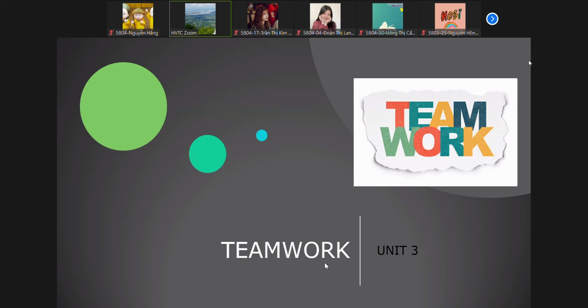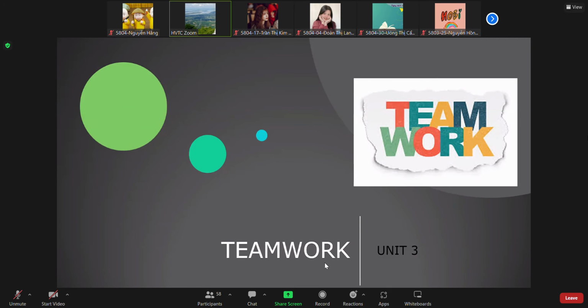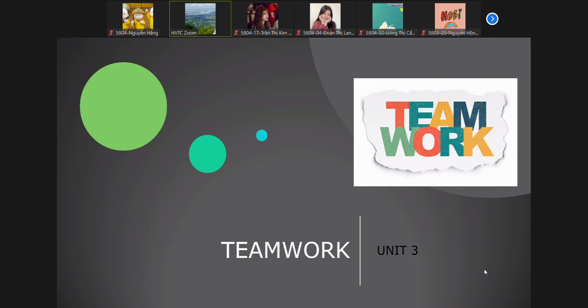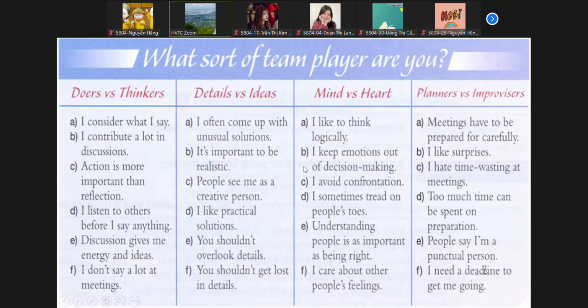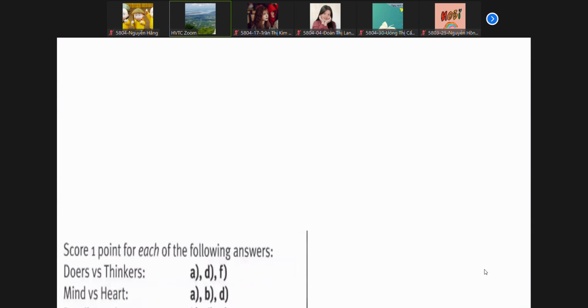Maybe I have sent you some kinds of group work and discussion, right? So now we will come back and let's revise all the things related to Unit 3 teamwork. In the last lesson we identified the sort of team player we belong to,